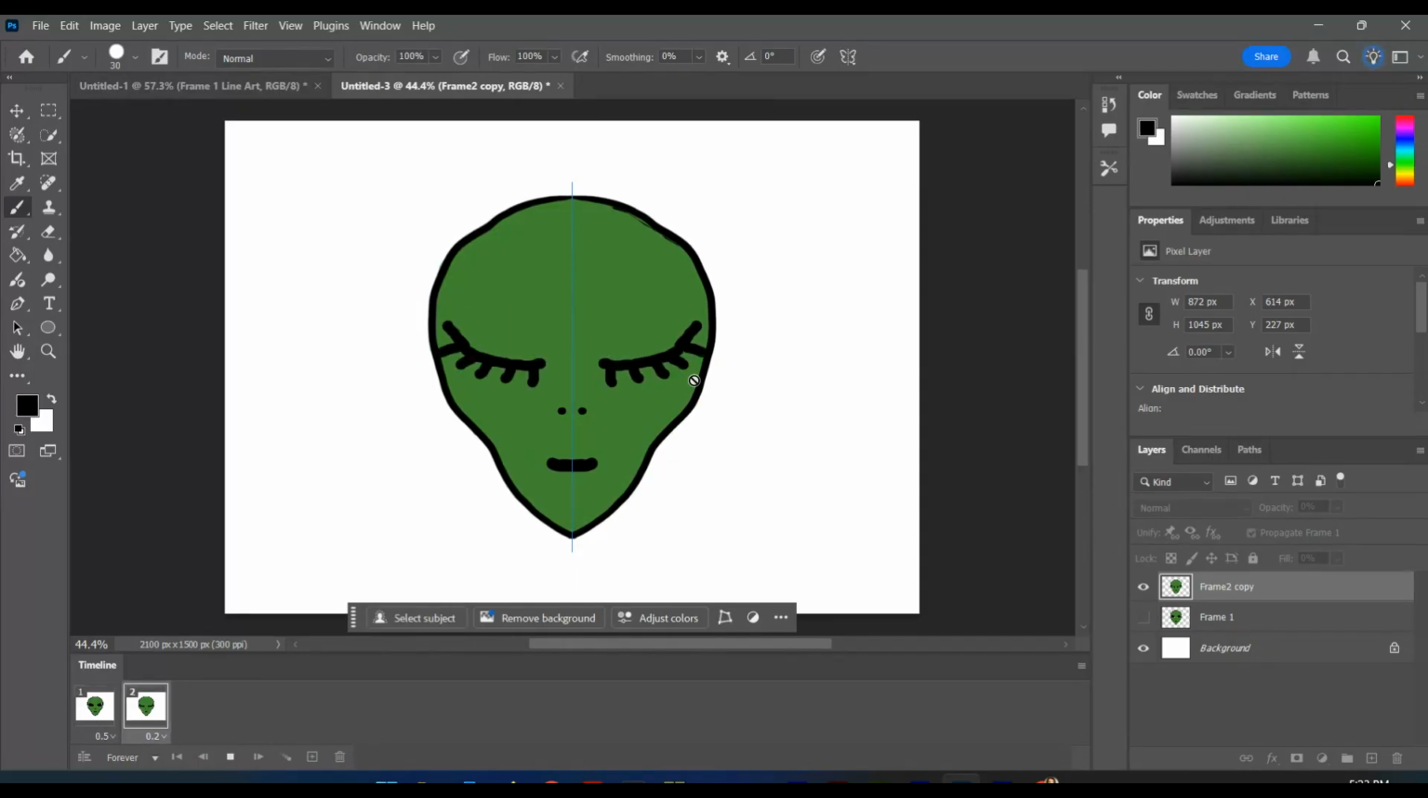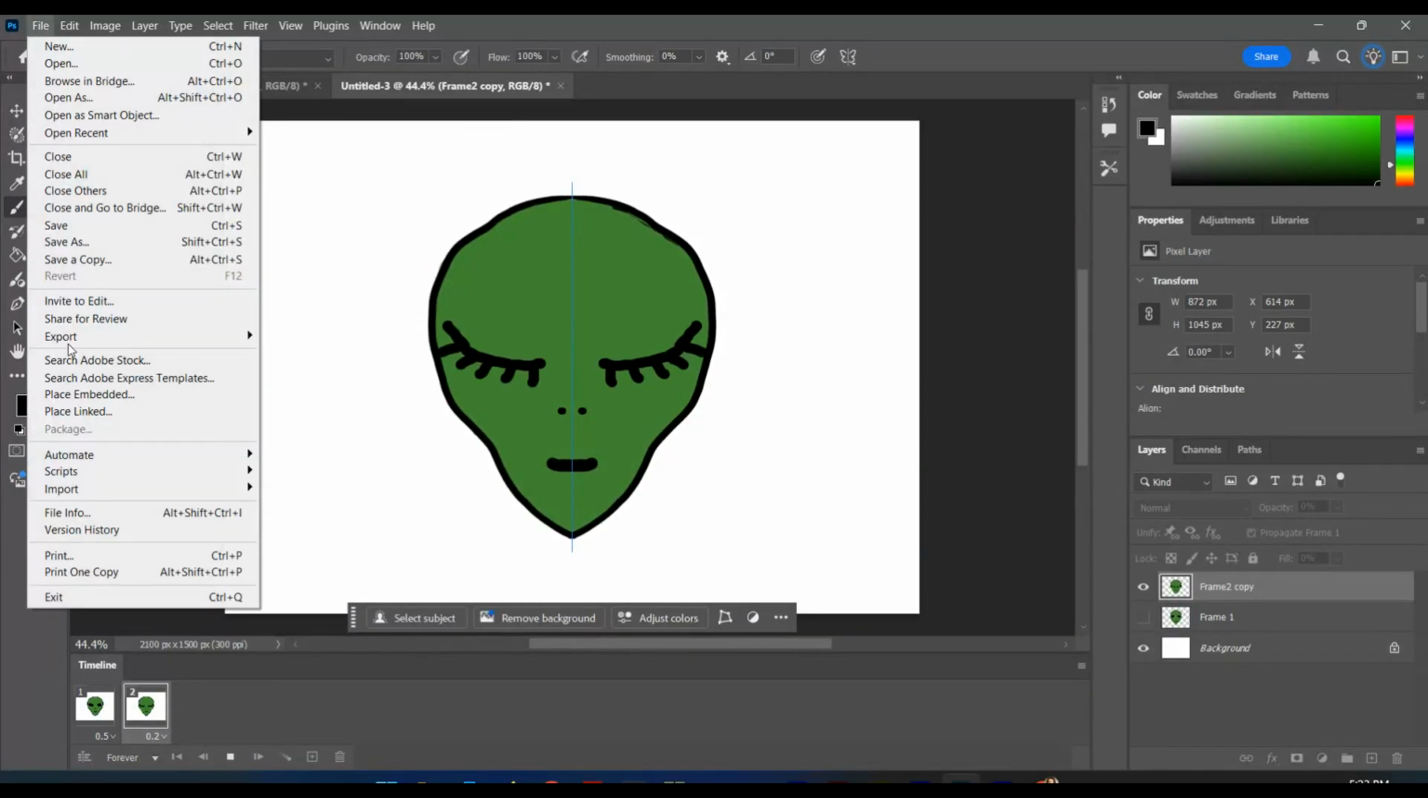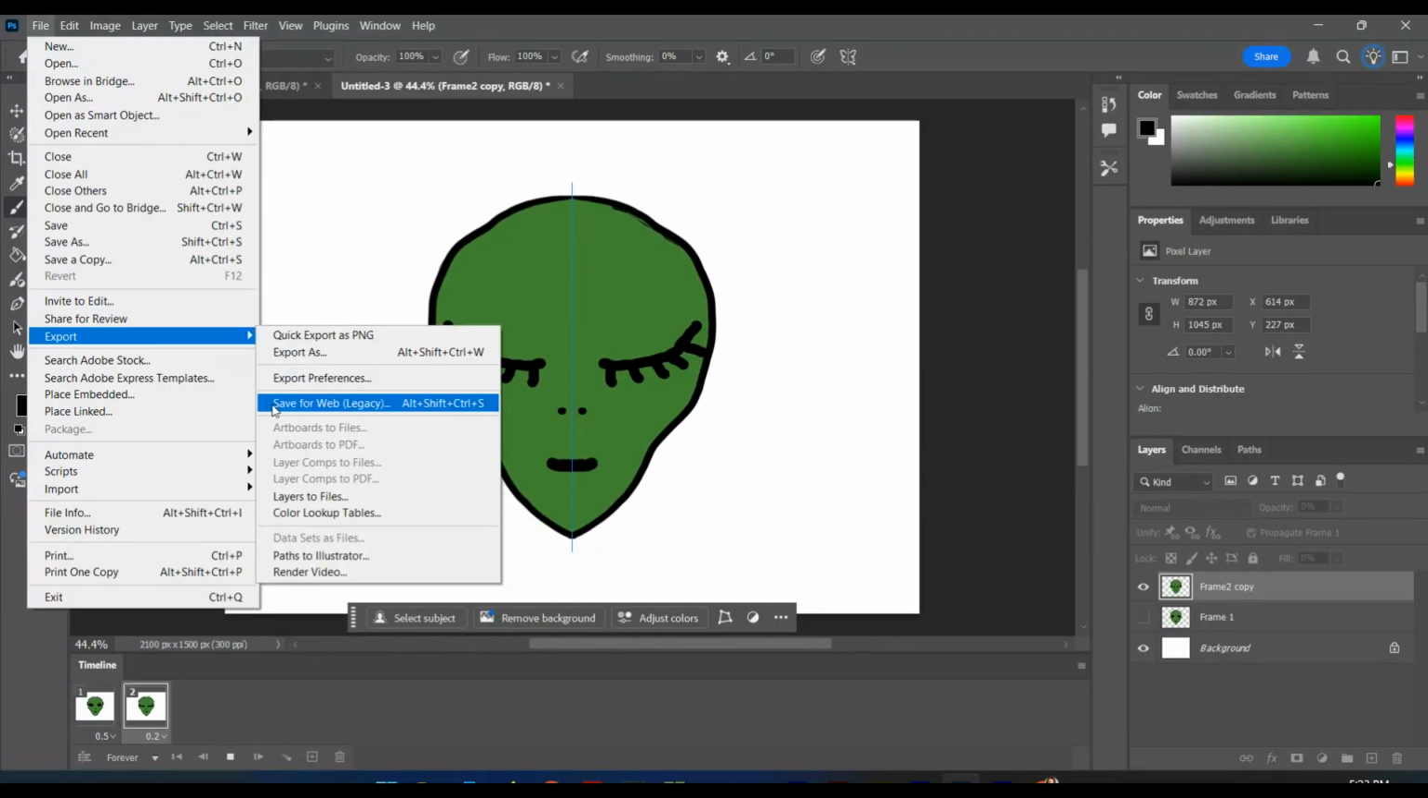If I save this right now, it will just be a Photoshop file. To turn it into a GIF, something that you could put online or text to someone, have it actually be animated, it needs to be a GIF file. And this is what you're going to turn into me. So go up here to File, Export, Save for Web Legacy,